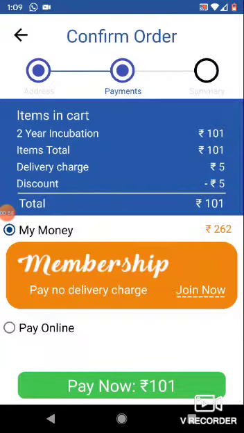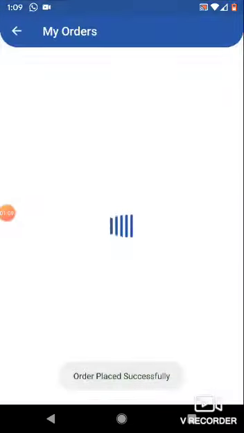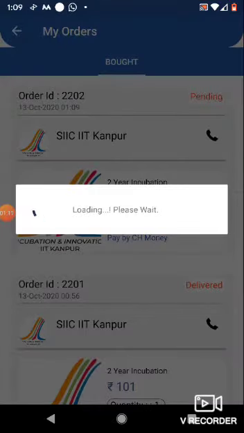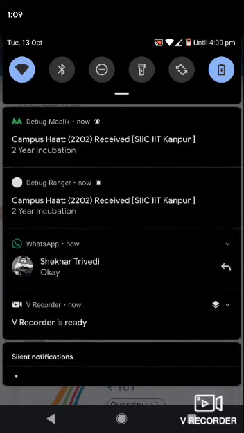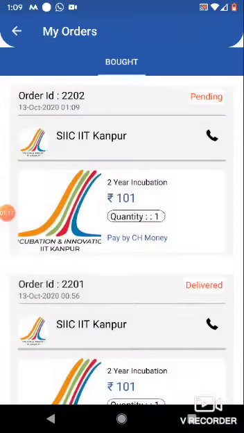You go to next, and in the payment screen you have two options, to pay from the wallet or you can also pay online. I already have some money in my wallet, so I will just select my money and pay.